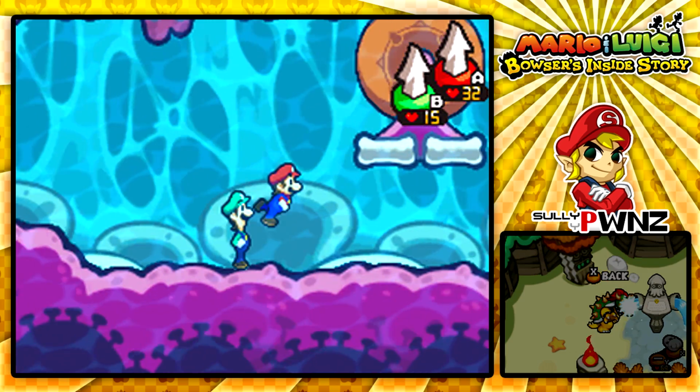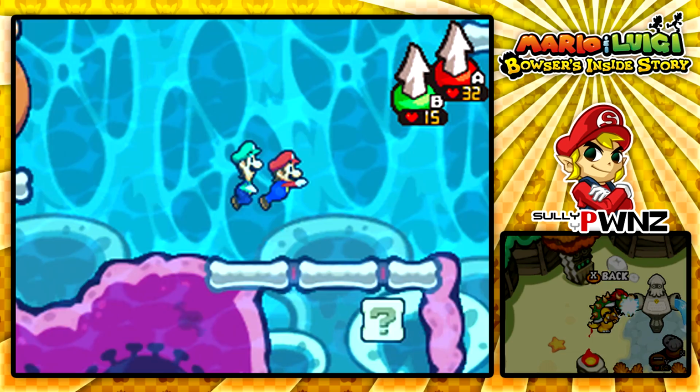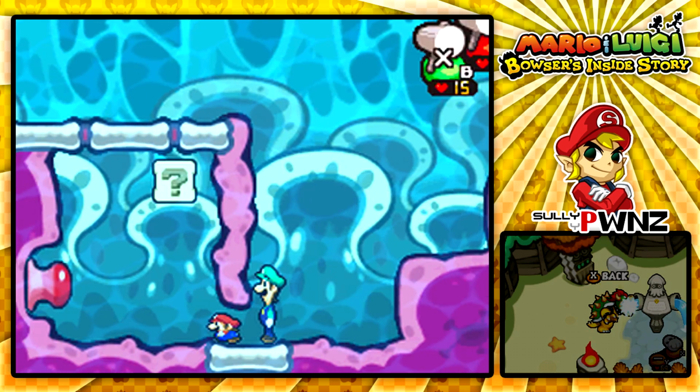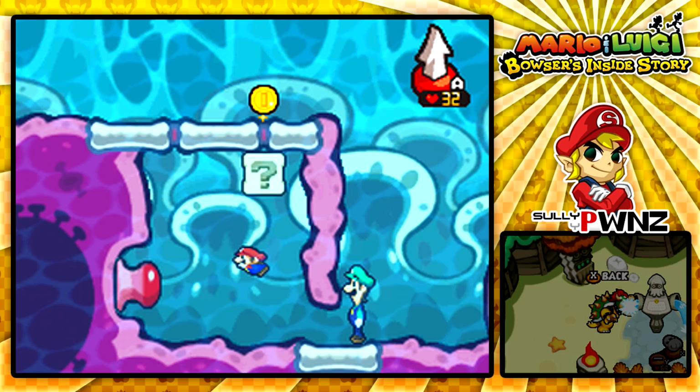So now that we've done that, we gotta move the cannon, which I completely forgot how. I think there's a switch somewhere that I cannot seem to find. Is this it, sir? Is this the switch? Can you hit him? Yes, this is the switch. Oh, yay, coins. I'll take coins. At least it'll give me...